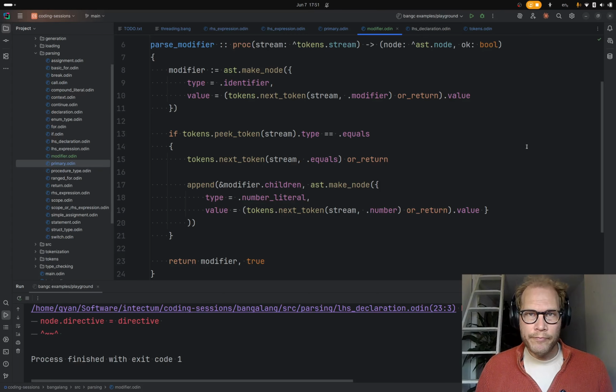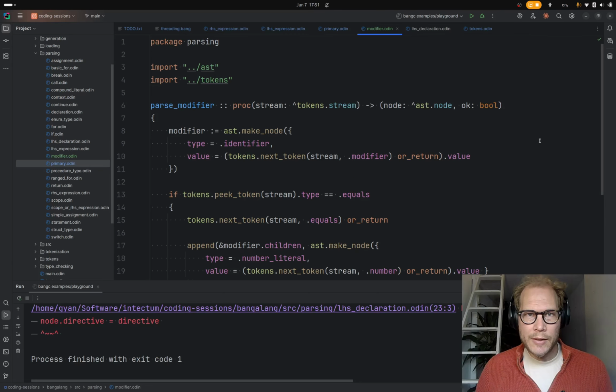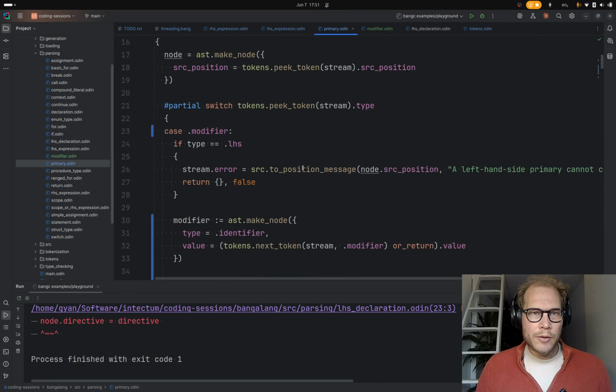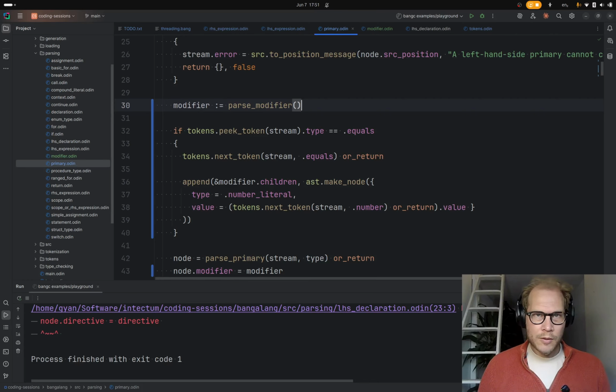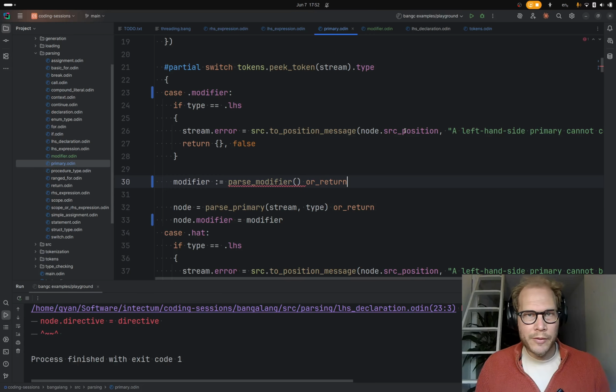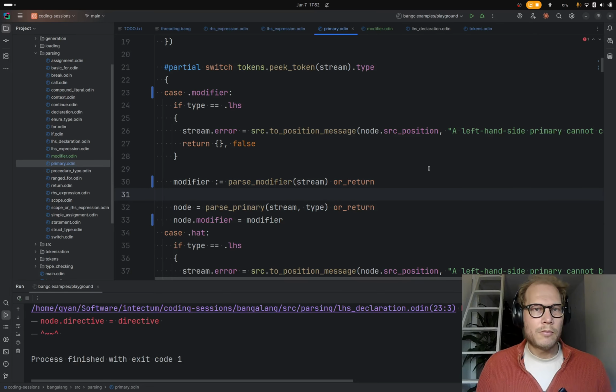Okay. I think that's it. So we've created a parse modifier. So in here, we can just say that this is the result of parse modifier. We pass in the stream. I think that's it. Yeah. And then we pass the primary and then we apply the modifier.